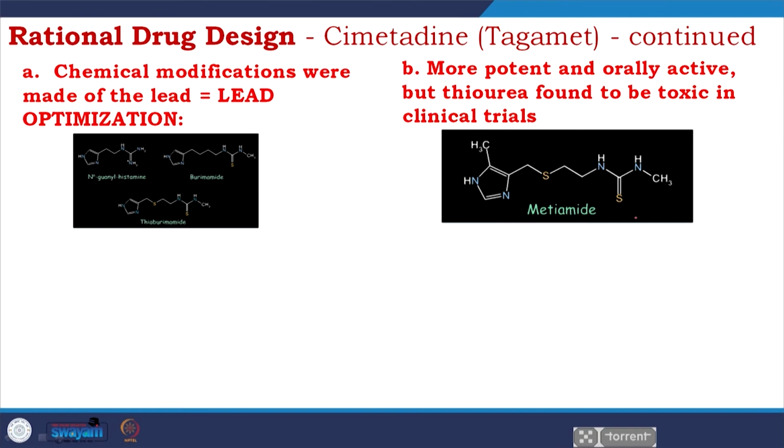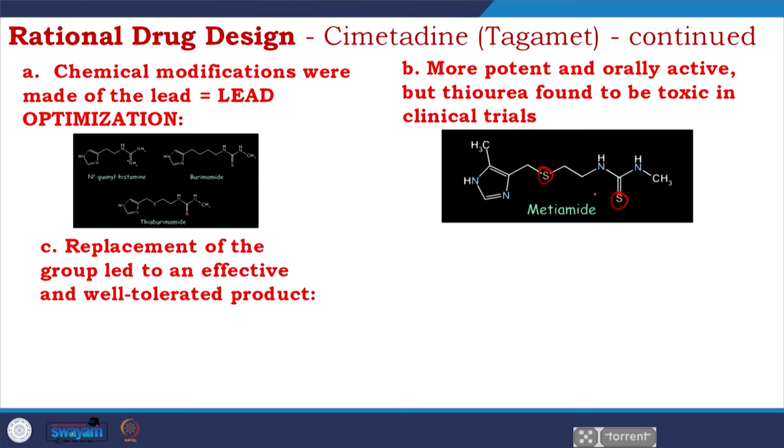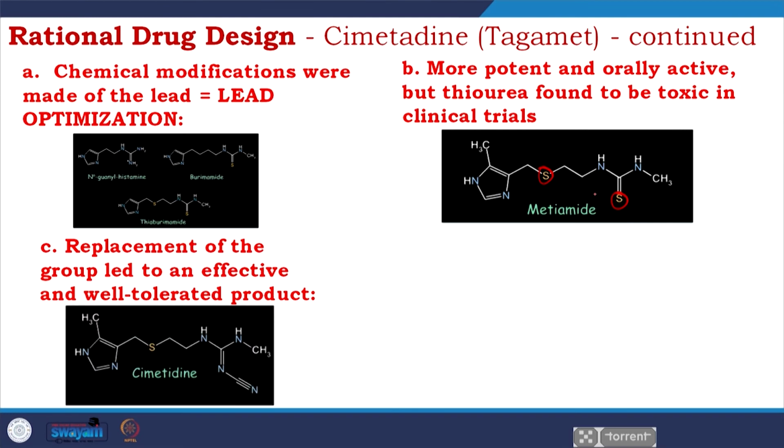Like metiamide, these have better effect than the non-sulfur analogues, but if you see there are sulfurs and people are commonly allergic to sulfur. So, that is the problem. Replacement of the group led to an effective and well tolerated product. So, one sulfur is replaced by a chemical group, gives the drug cimetidine,